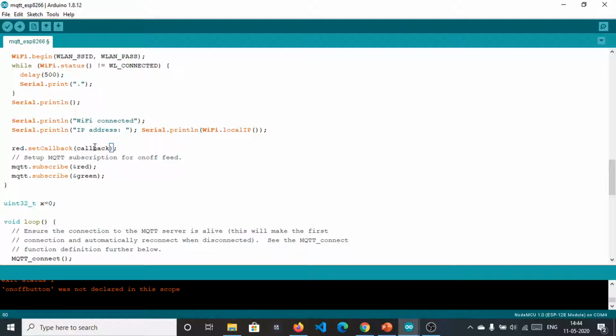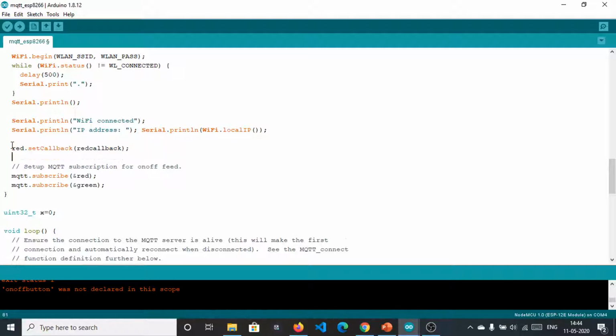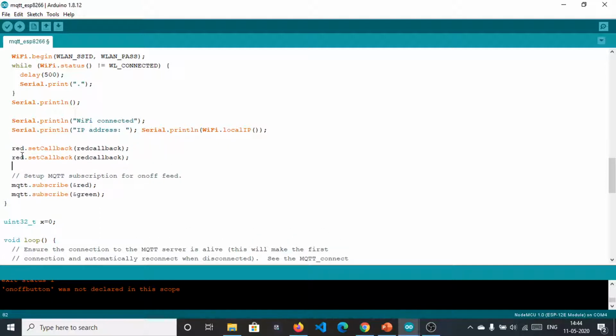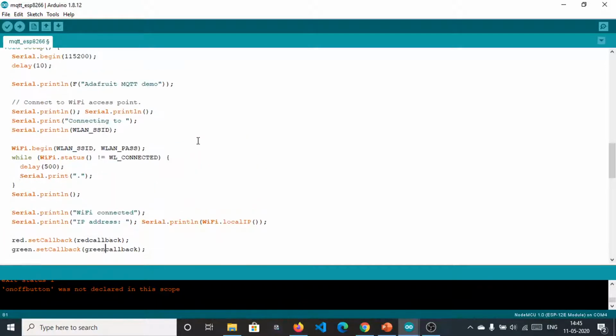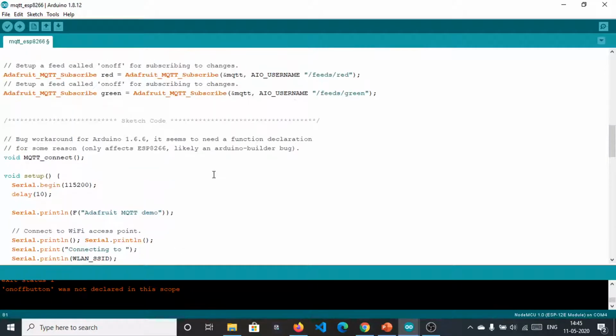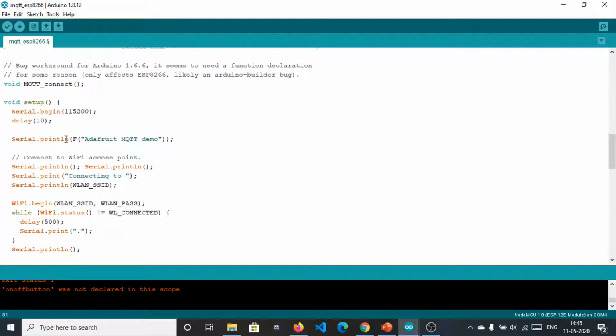We are defining two functions here, red callback and green callback, and we will define those functions. First make this. So we have red and green, and both call these callbacks when some data comes to these topics. We need to define those functions right now.